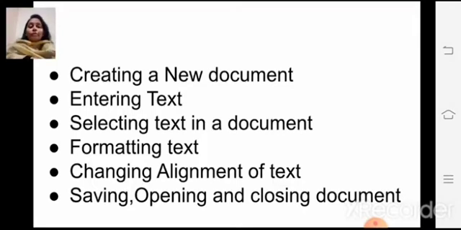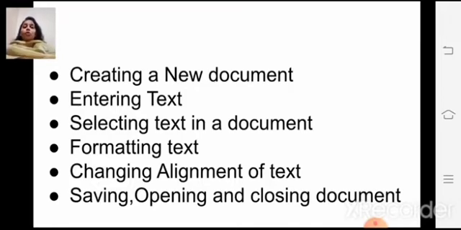Okay, then formatting text. Children, in formatting text, what we are going to see is the font group. You know, on the ribbon in the Home tab there is a font group. Okay, in the font group you will get all the options to format text which you have typed. Formatting means making any changes to the text and document so that it looks eye-catching and vibrant. To make your document more attractive, you can give formatting effects to the text.